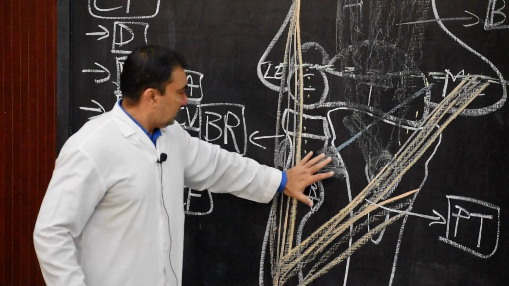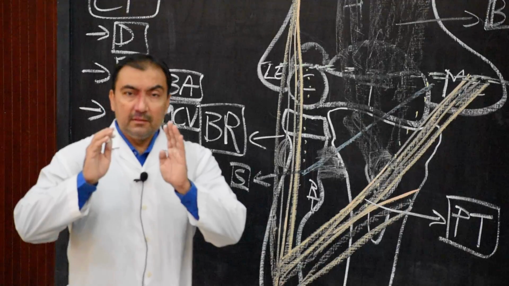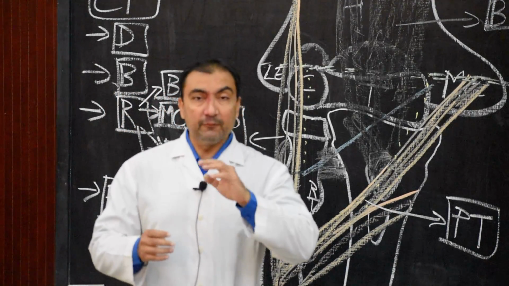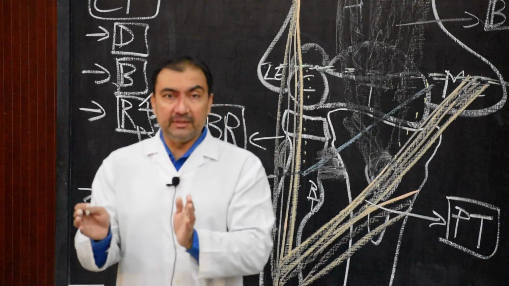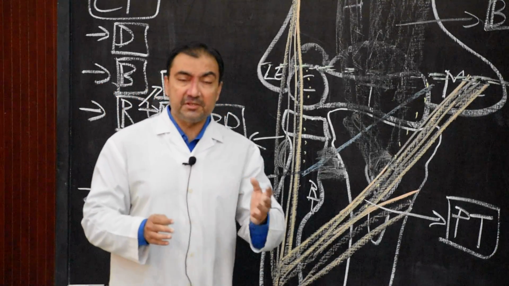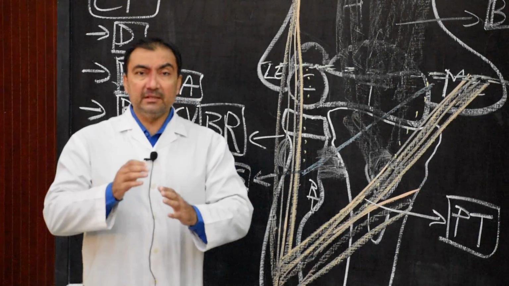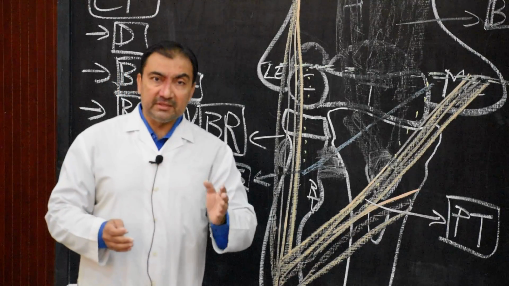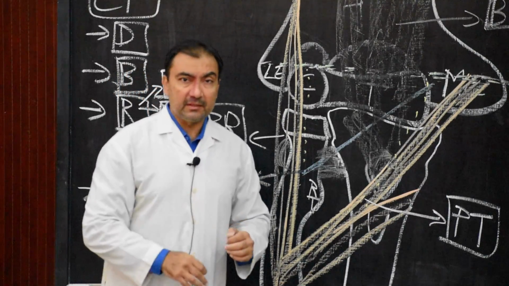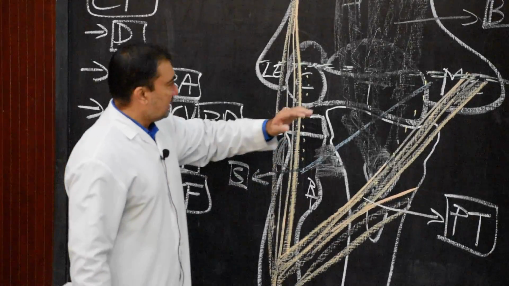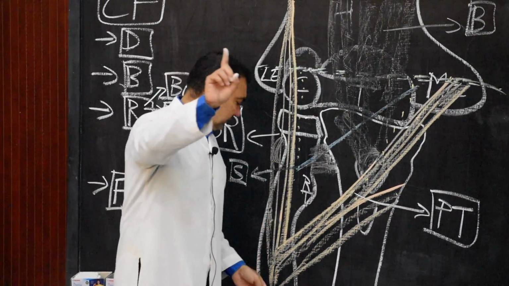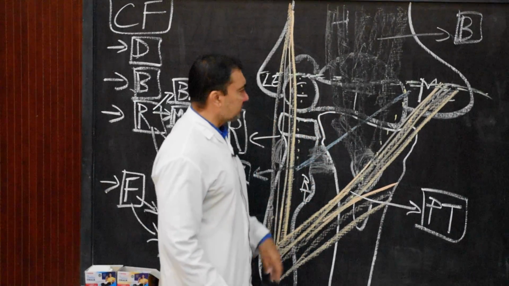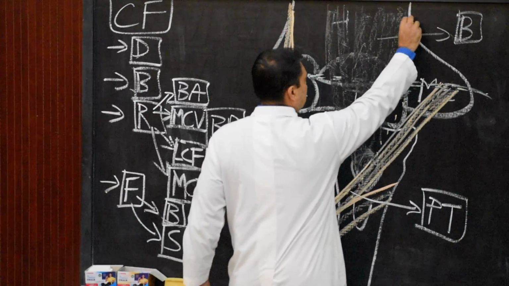Very simple. Now we come to the contents, which are very important. Contents are asked so many times in MCQs from medial to lateral. You have to remember the sequence because so many MCQs are structured on the contents, whether one structure is medial or lateral to another. It is very easy to understand. Medial to lateral, first structure, draw along with me. The first structure that is medial-most in the contents will be number 1,